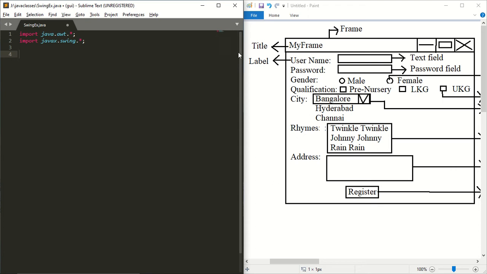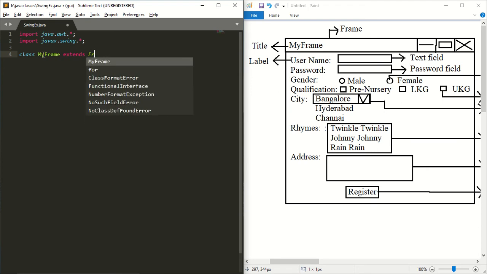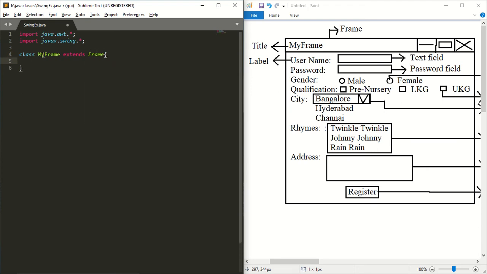What is the next step? The next step is I should create this frame. How to create the frame? That is class myFrame extends Frame. I have created the frame. What is the next step? I should create these labels. How many labels are there? We have username, 1, 2, 3, 4, 5, 6, 7.